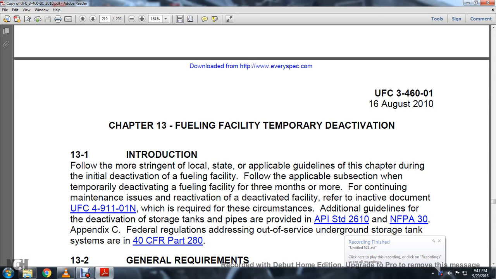Chapter 13, Fuel Facility Temporary Deactivation. Introduction. Follow the more stringent local and state guidelines, where applicable, during the initial deactivation of the fueling facility. The following applies to the temporary deactivation of fueling facilities for 3 months or more, with further continuing maintenance issues and reactivation of the deactivated facility. Refer to the inactive document